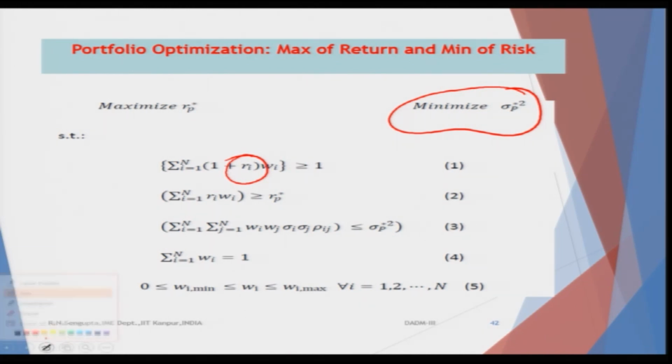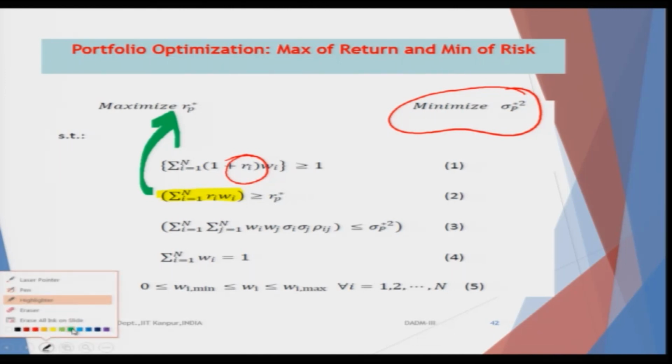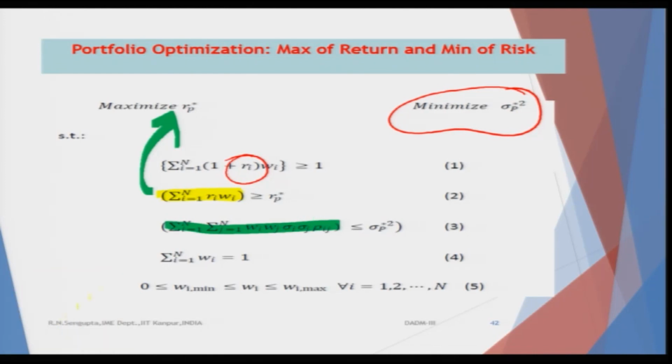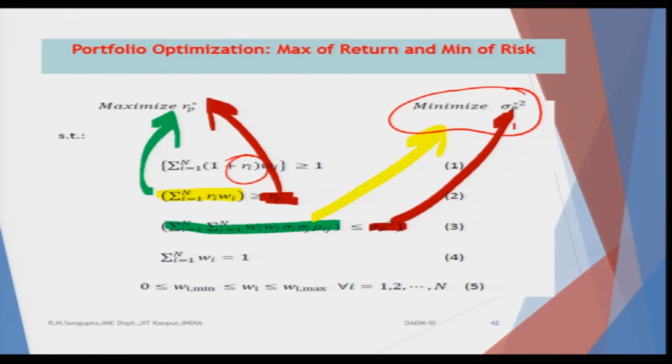This value here could have gone here, and the value here could have gone here. That means I replaced the actual value with a fixed value, which I am going to increase in the case of the returns and try to decrease in the case of the risks. So, these are the values which are being transformed. This has gone here and this has gone here.